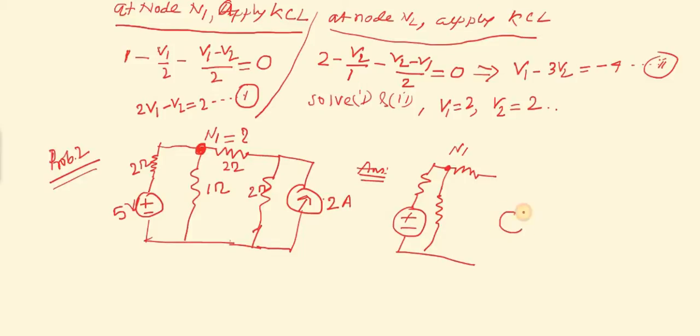So put a voltage source here. Current is flowing in this direction, so this will be positive and this will be negative. And put a resistance in series with that voltage source. I told you in the transformation technique that the resistance value will always remain the same, so this is 2 ohms only. The voltage source is the multiplication of this resistance and current, that is 4 volts. This is 1 ohm, and this is 2 ohm. Now look at this.